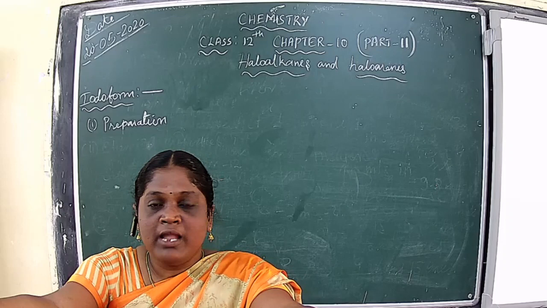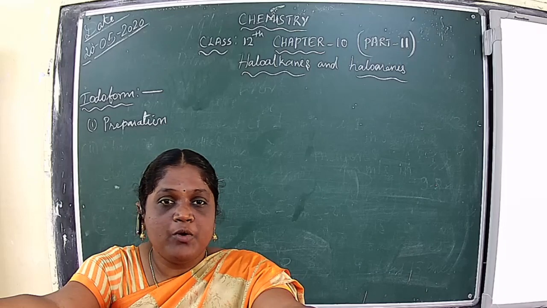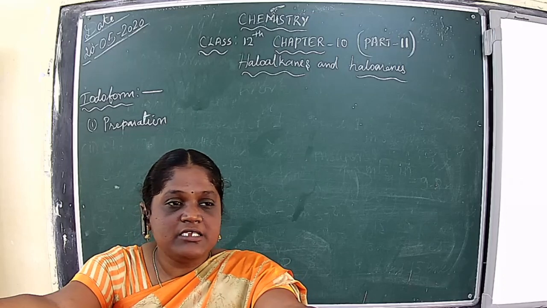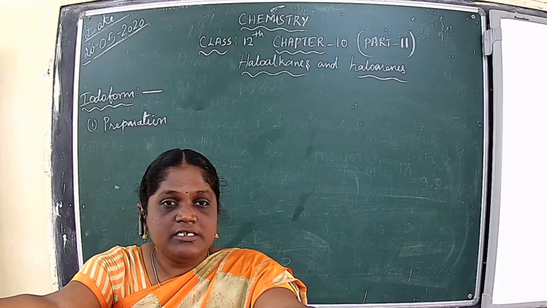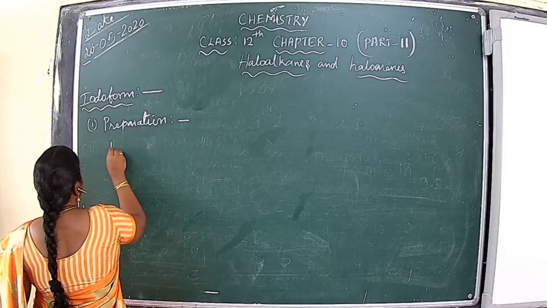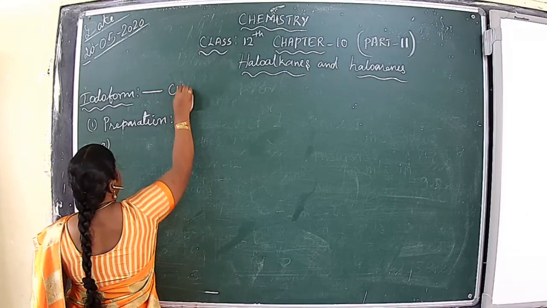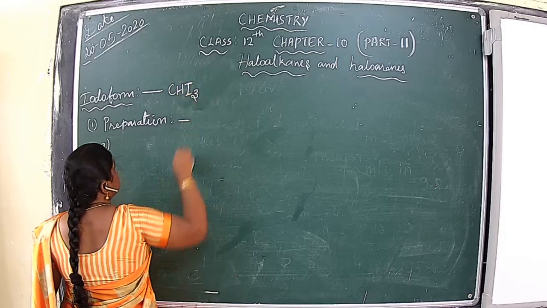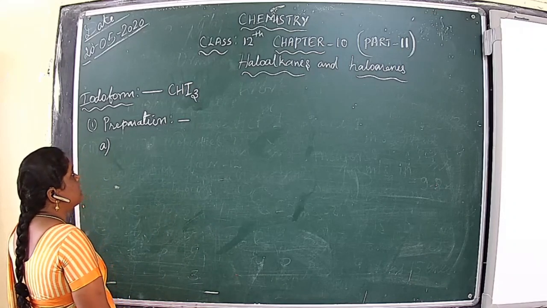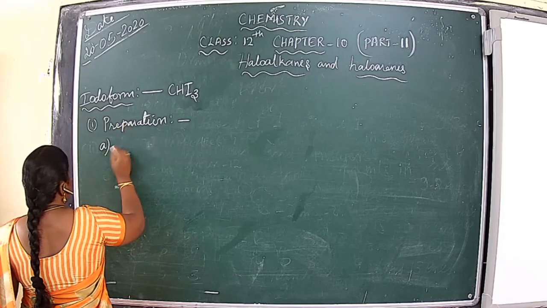Okay, same like here also, but here we are taking sodium hypoiodide. There we saw sodium hypochlorite, same like that here sodium hypoiodide. So in the first method you are going to see the iodoform formula, CHI3. Chloroform formula CHCl3, iodoform formula CHI3. Okay. So the first preparation is from ethanol.